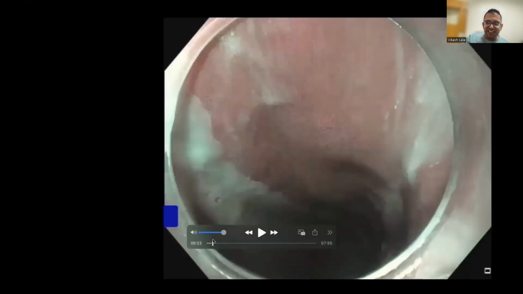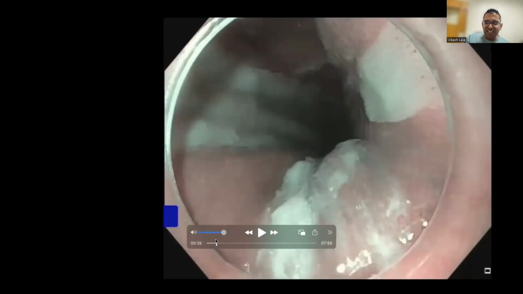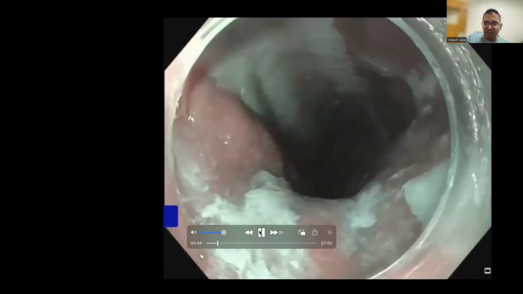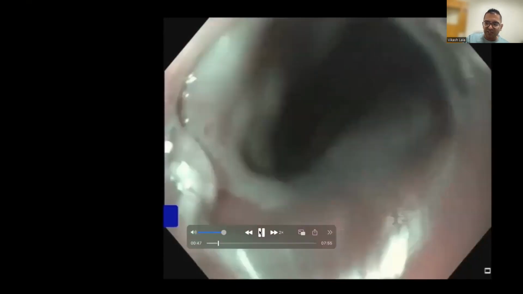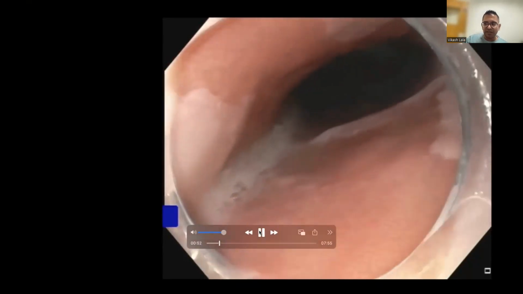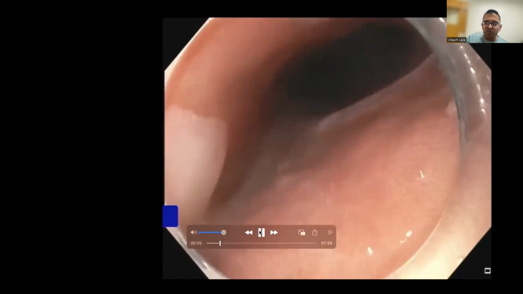So I did assess the inlet patch in white light as well as in virtual chromoendoscopy with NBI. But you can see a very, very large inlet patch, which you'll see the end of it now. That's the end of it. And then you see the start of his Barrett's segment. So this patient had an ultra long Barrett's, more than 10 centimeters. His C and his M were almost the same.